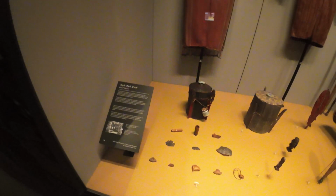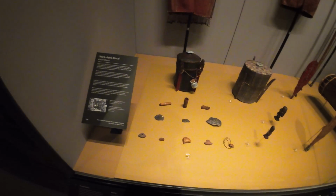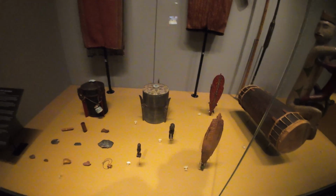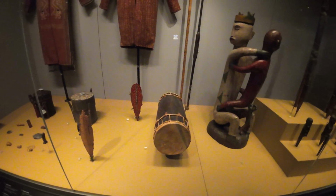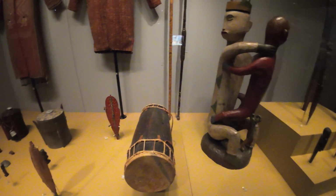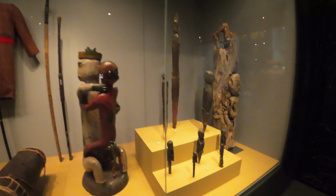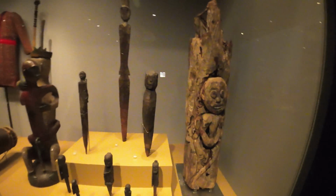Now artifacts and musical instruments used for rituals. Now generally in every village, the traditional healer, or the Bobohizan as it was called in the Sabah area, is used as a means of communicating with the spirit world. So the spiritual element involves sacrifice, usually with blood, and that's